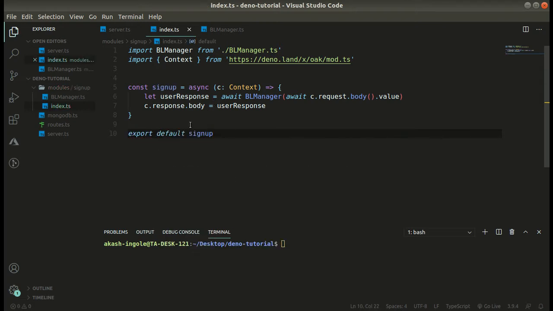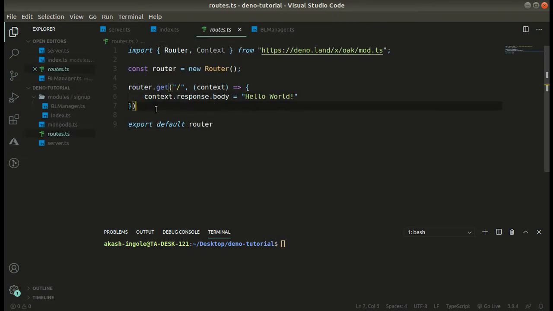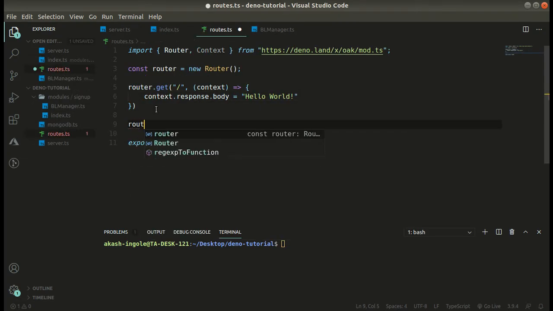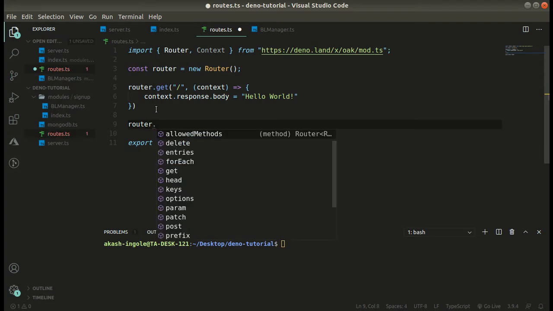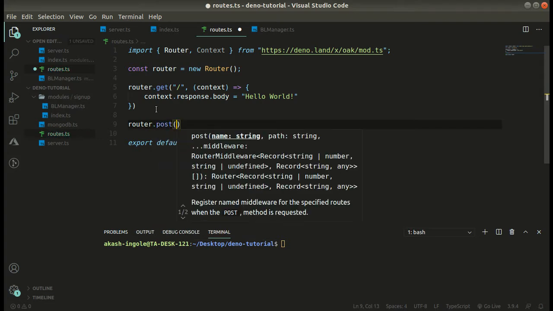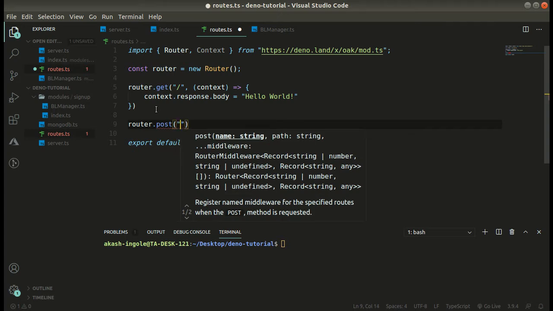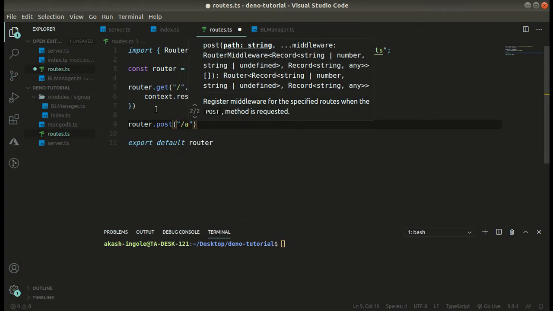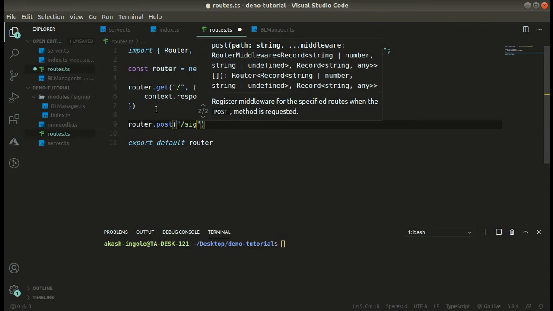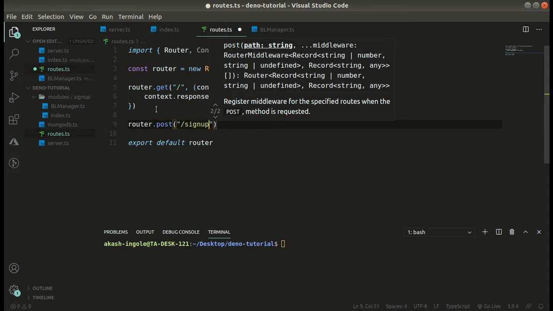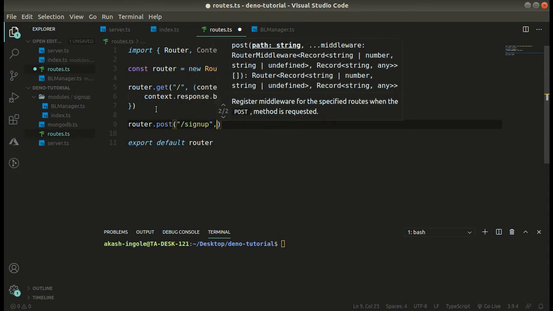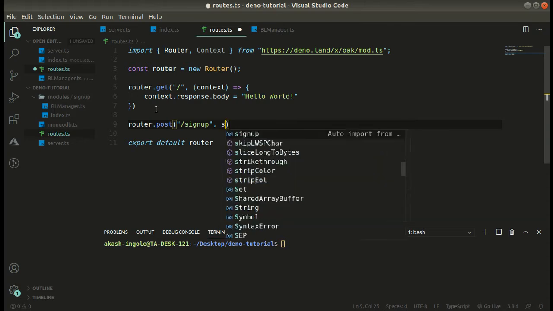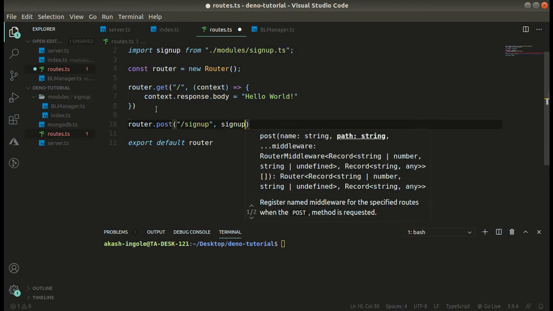Cool. Now we have to add this controller over here. So in our router file, this will be our post APIs. So router.post, and the path will be simple sign up, and here goes our controller, that is sign up.